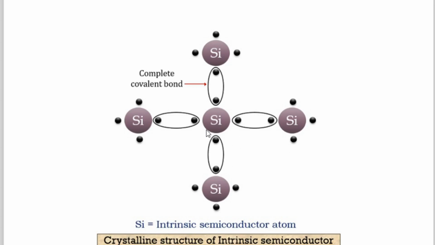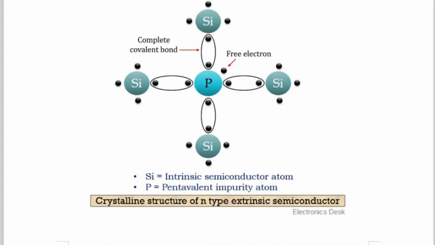Now to increase the conductivity of this silicon, what we do is add a pentavalent impurity or a trivalent impurity, and accordingly we fabricate n-type extrinsic material and p-type extrinsic material. So let us see that in short. Now see here, suppose in pure silicon there are 4 atoms of silicon. If you add one atom of phosphorus, which is a pentavalent impurity, pentavalent means 5 valence electrons are there. So out of those 5 valence electrons, by this phosphorus, 4 electrons are shared with 4 silicon atoms: 1, 2, 3, and 4.